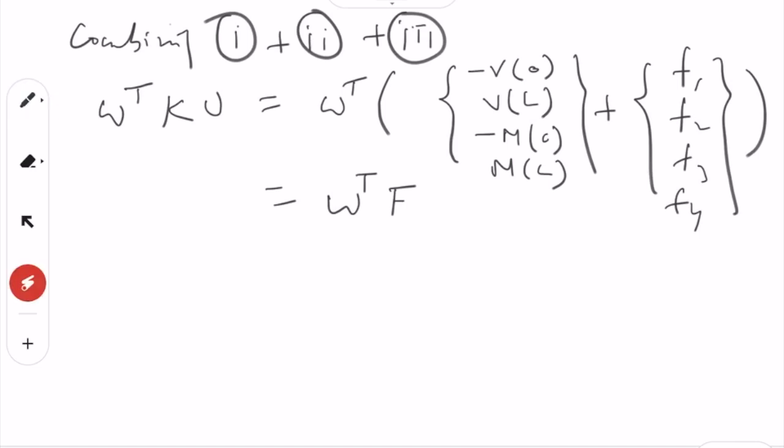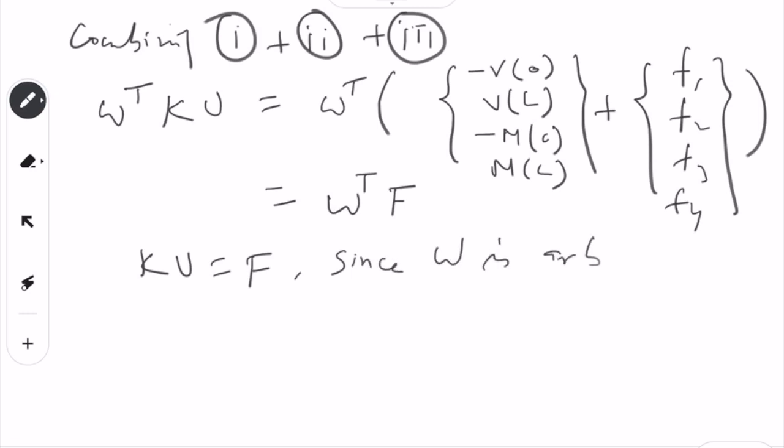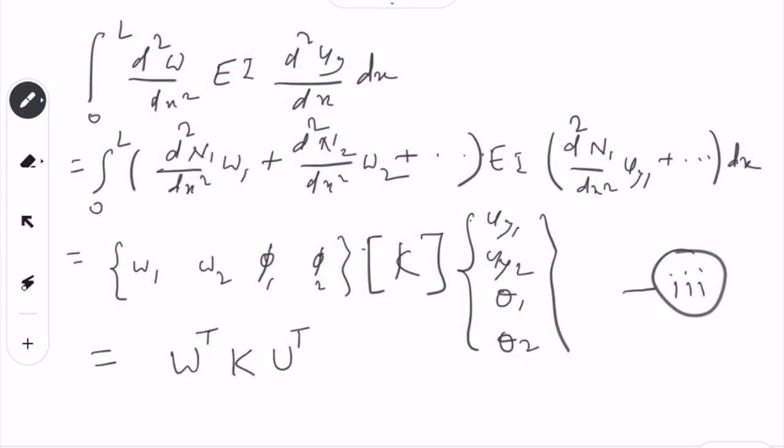and here what we get is, after you get rid of the W transpose, you will get K U equal to F, right. Since W is arbitrary, hence this has to be true, and where k is given by, so this is k,